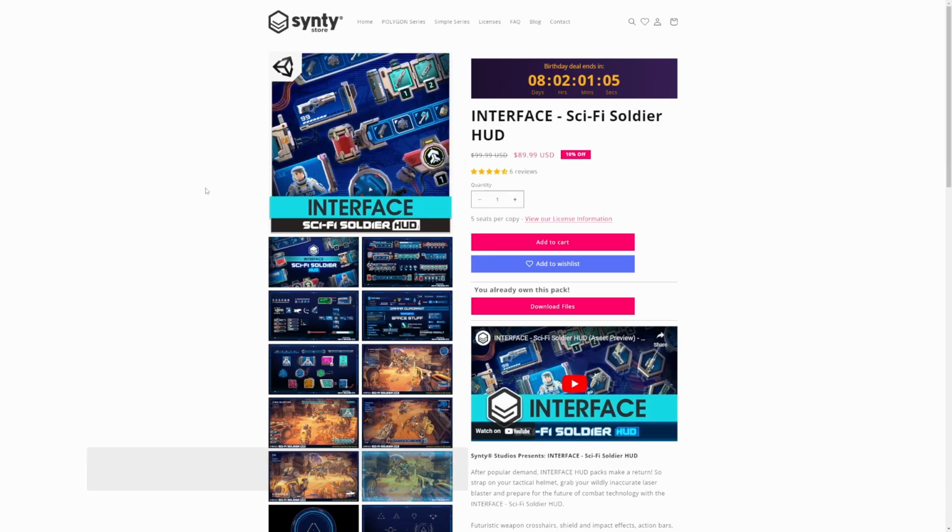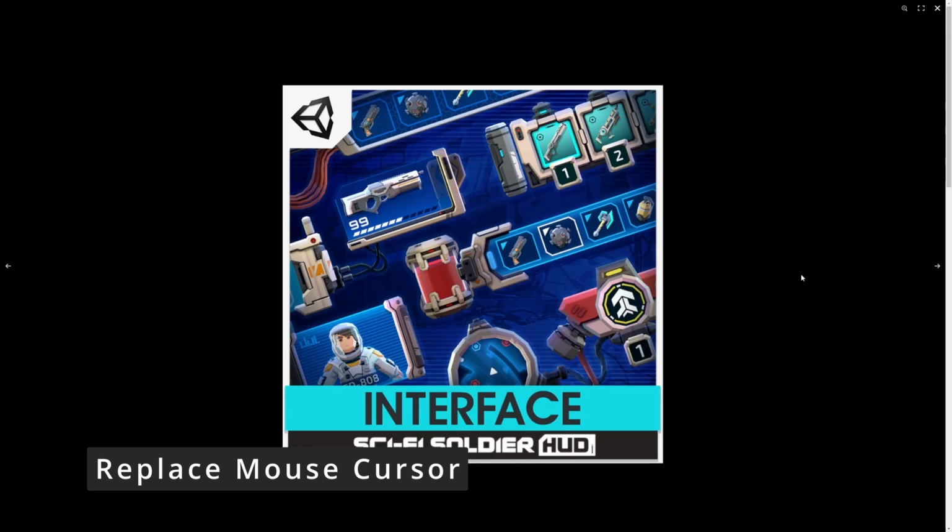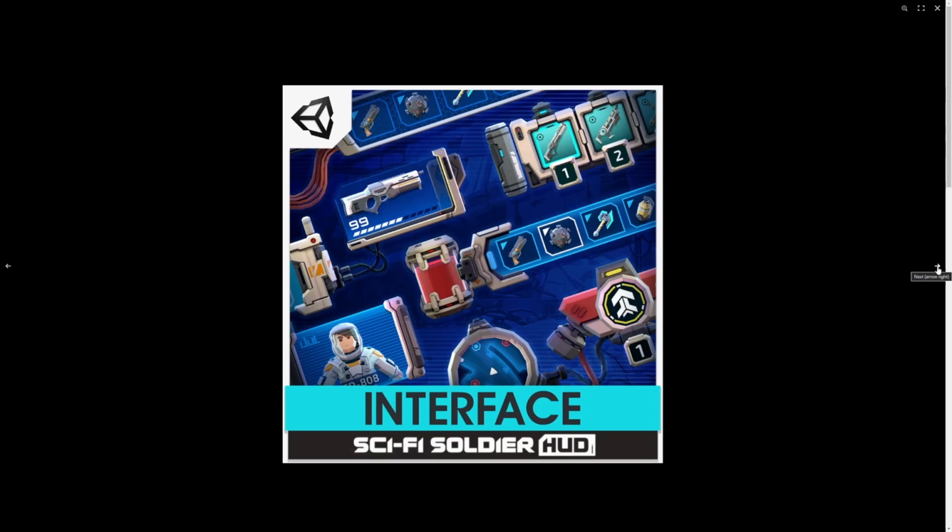In this video, I'm going to be showing you how to replace your cursor in Unreal Engine 5 with a different cursor. So for the purpose of this tutorial, I'm going to be using this Interface Sci-Fi Soldier HUD available